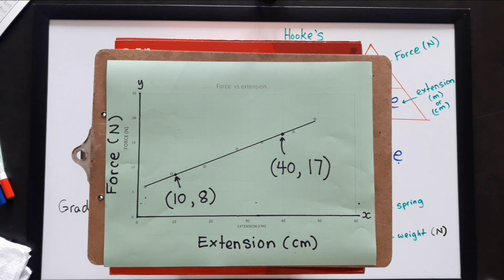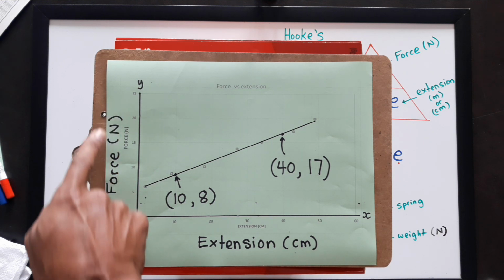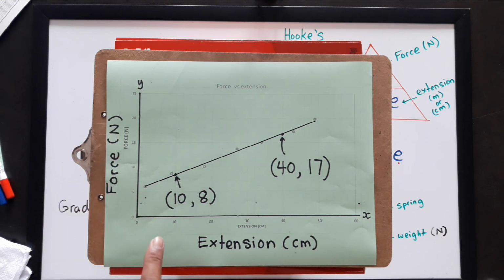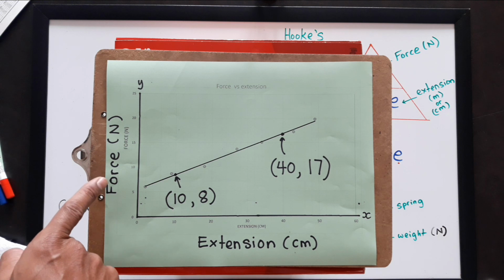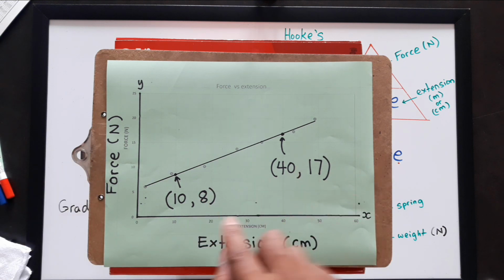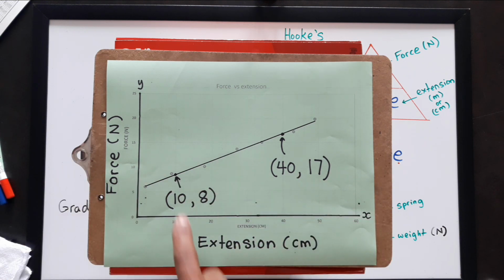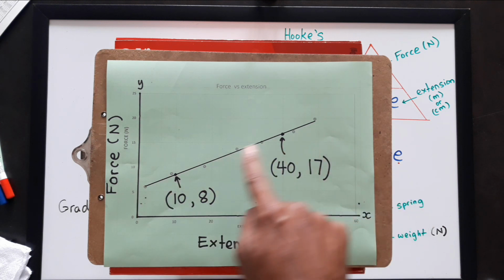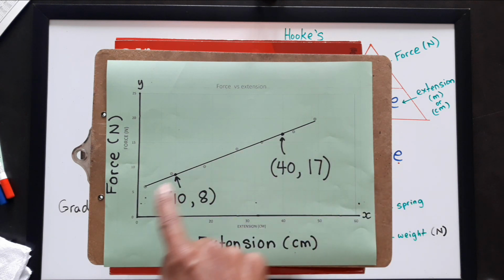All right, so here we have an experiment, and in the experiment we applied a force to the spring, and the force created an extension. The extension is being measured in centimeters, and the force is measured in newtons. So what happened, we did it for a lot of values, and we plot the points. We didn't get a perfect straight line, so we drew a best fit line. And after we drew the best fit line,